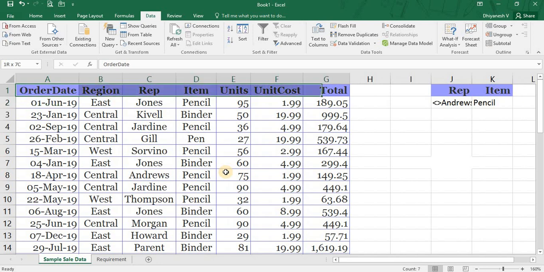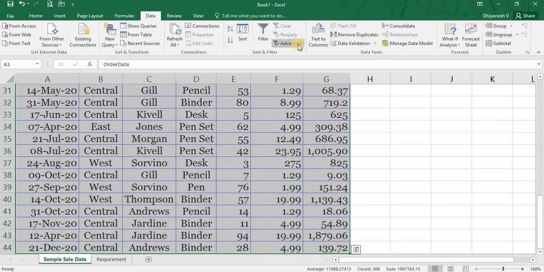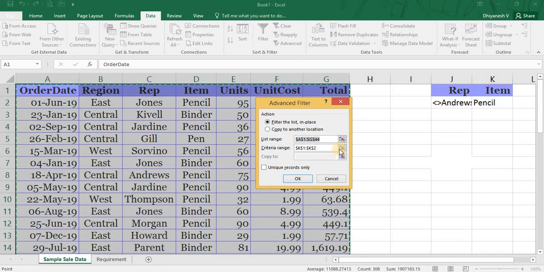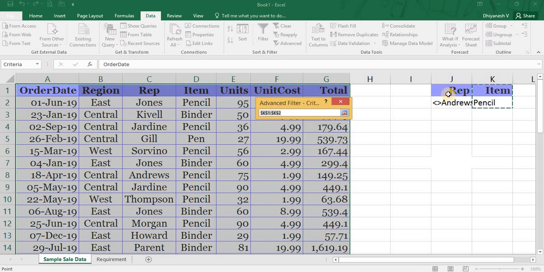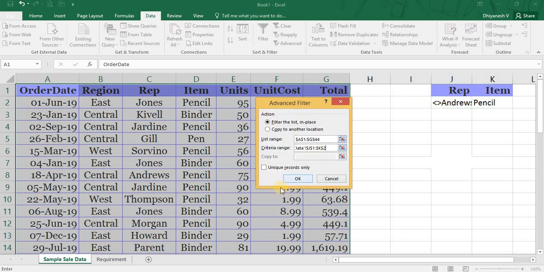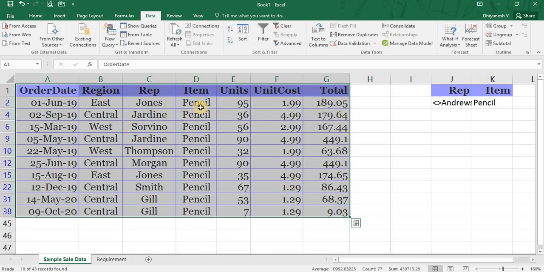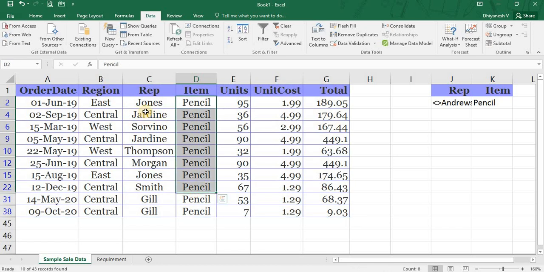So I am selecting the data range, going to advanced filter, and using the criteria range as this. So all items of pencil when the representative is not equal to Andrews, and I am selecting OK. You can see the pencil transactions and the list of representatives here, but it does not contain even a single Andrews transaction.